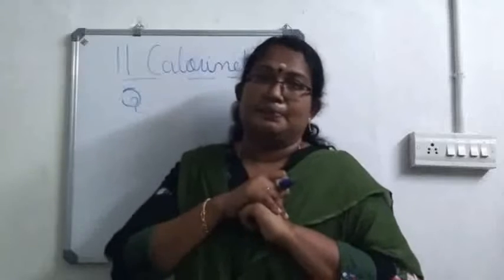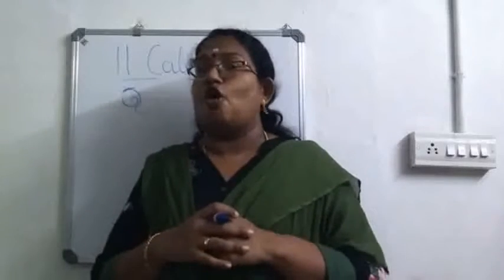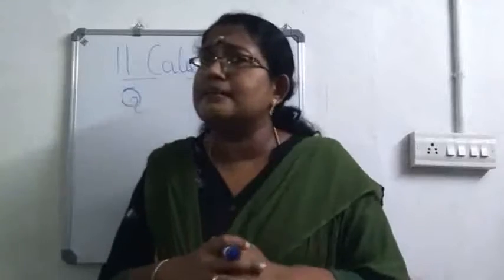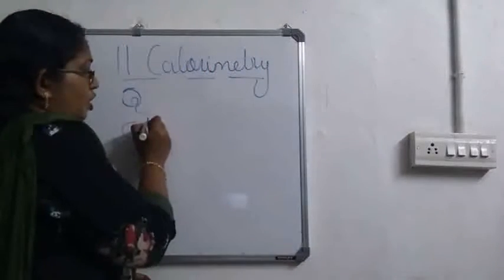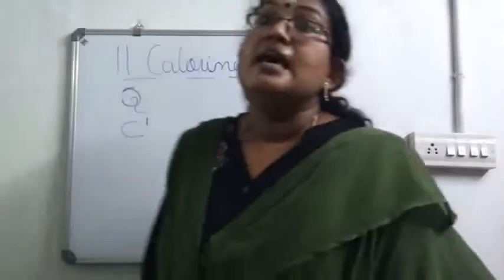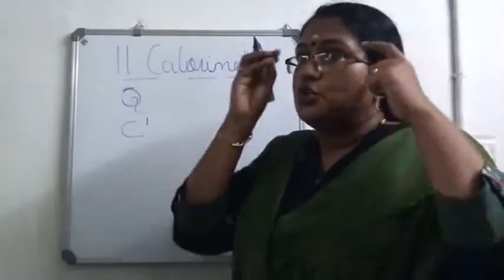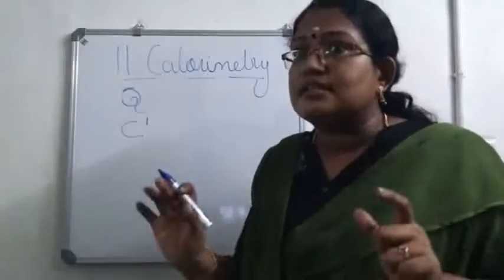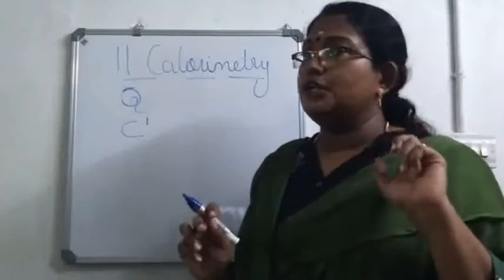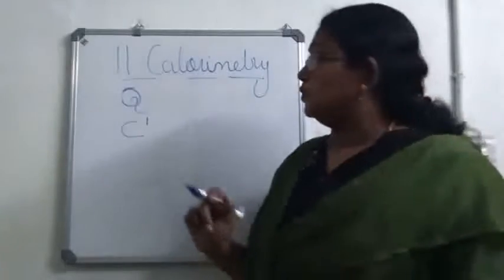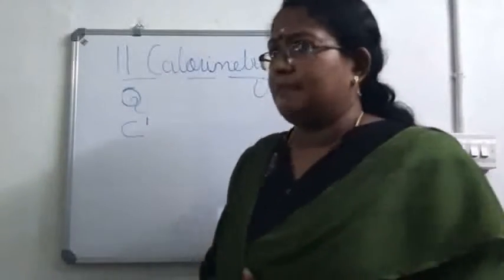So, which were they? First one was heat capacity or thermal capacity. Isn't it? Heat capacity or thermal capacity is represented by C dash. Okay. So, you should be thorough with these terms as well as the equations. Then only we can do the numericals. Okay. So, C dash stands for heat capacity or thermal capacity.